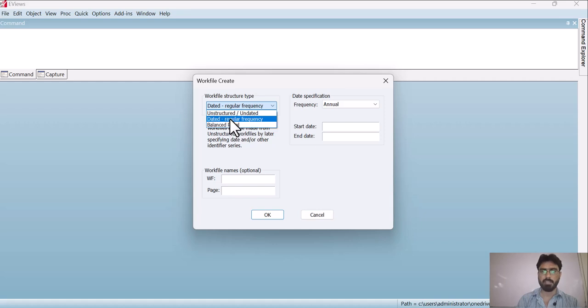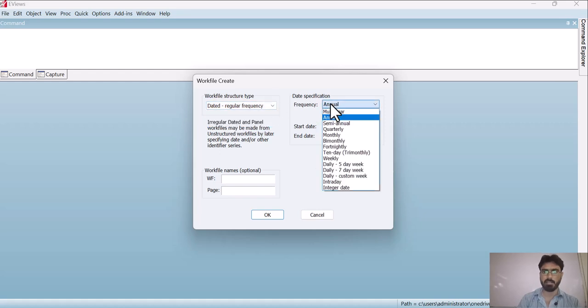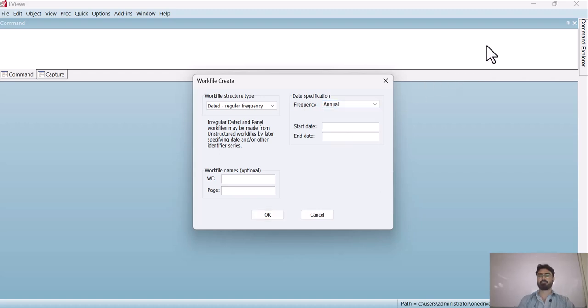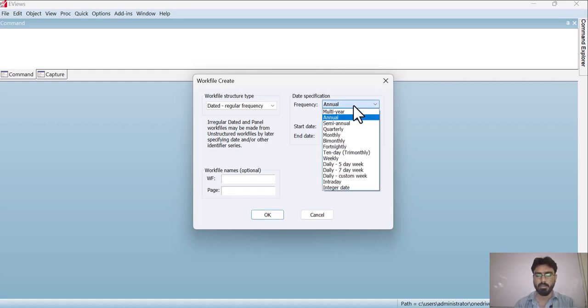I am going with the second option as my data has a start and end date, and here it is asking about the nature of your data set. Your data is annual. As you can see, there are multiple options indicating whether your data is annual, semi-annual, quarterly, monthly and bi-monthly.